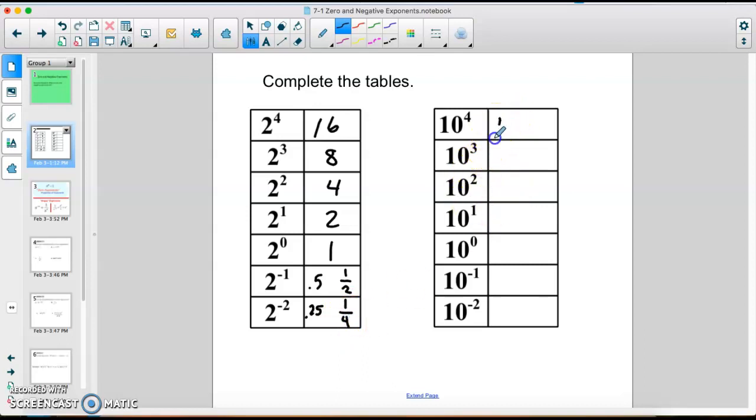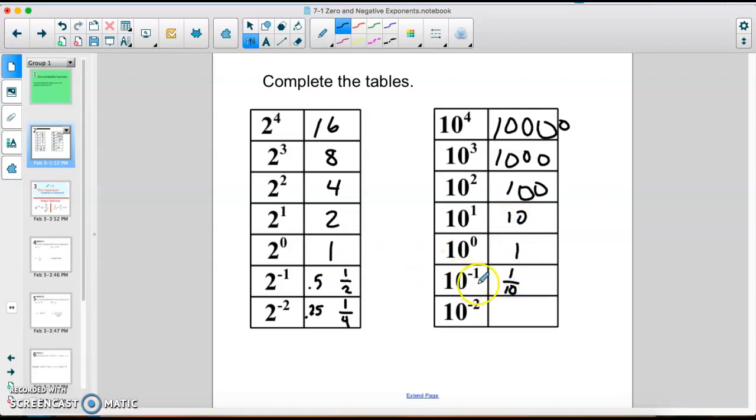10 to the fourth, a shortcut for tens is that it's the number of zeros, so we have 4 zeros. 10 to the third would be 1,000 because 3 zeros. 10 squared is 100. 10 to the first is just 10. 10 to the 0 is 1, or in other words, 0 zeros. Now, based off of our observations here, 10 to the negative first, I would presume to be 1/10